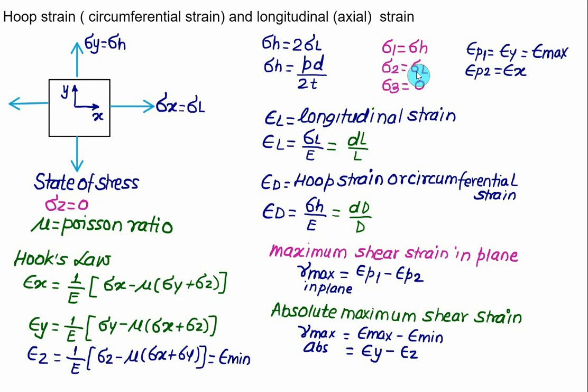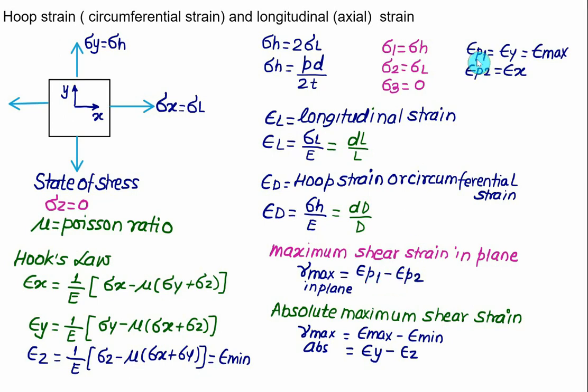Sigma 2 will be equal to the longitudinal stress, and a two-dimensional problem we can convert into a three-dimensional problem by assigning sigma 3 equal to 0. If you calculate epsilon y here, and there is no shear stress acting, it means that epsilon 1 is equal to epsilon y, the maximum principal strain. For the second principal strain we have epsilon x, along the longitudinal axis, and epsilon z will be the minimum value. If you are asked to find the maximum shear strain in plane, that will be the difference of epsilon p1